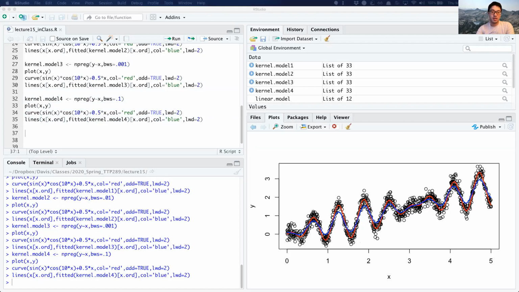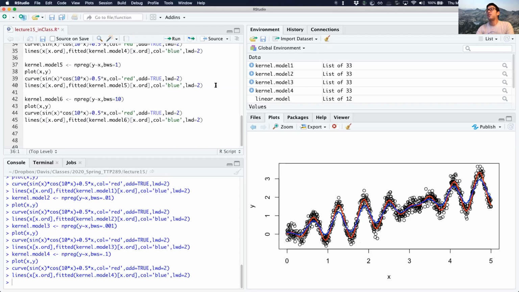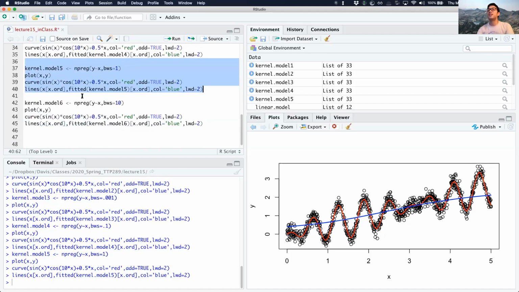I'm going to just go ahead and bring in these guys here. So if I increase the bandwidth to 1 from 0.1, we can see this line here, which, you can imagine a point over here is kind of the average of a larger set of points. And so it's flattening the curve. And once you get large enough,